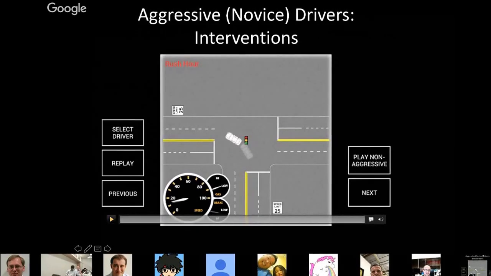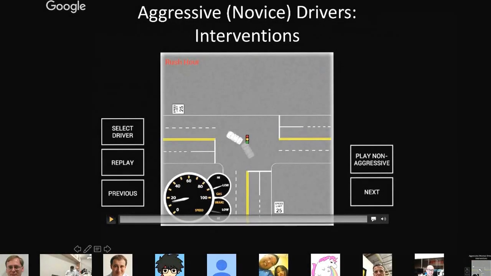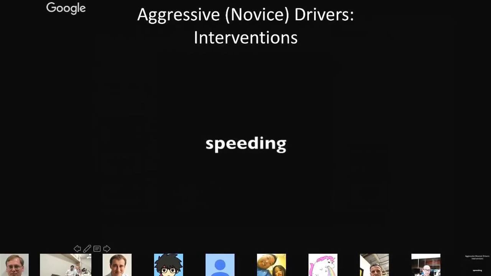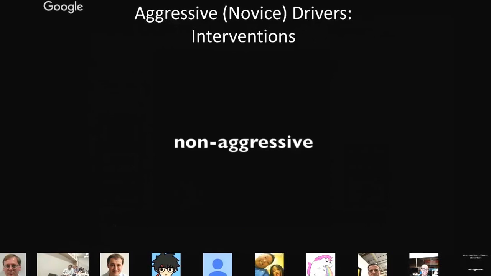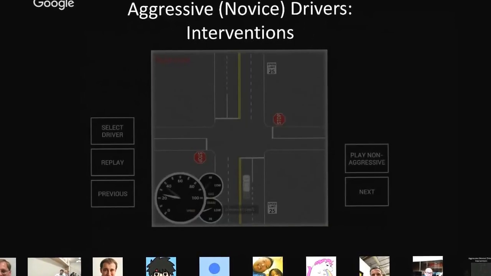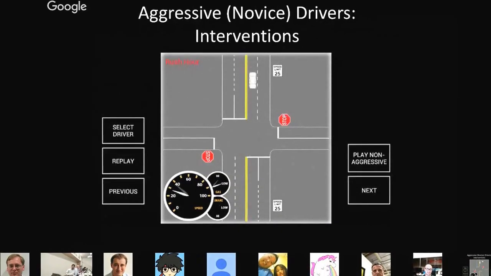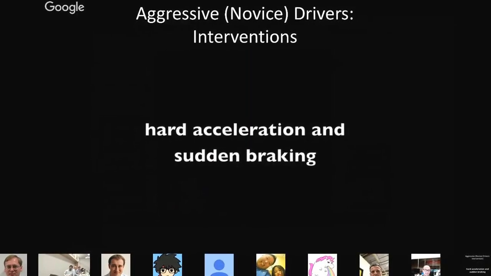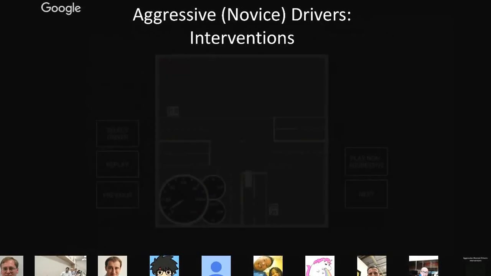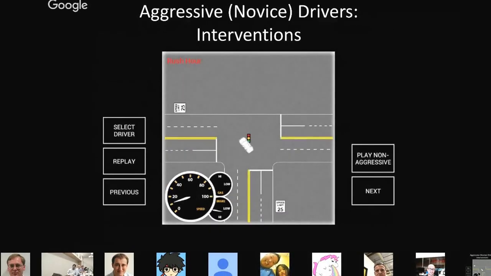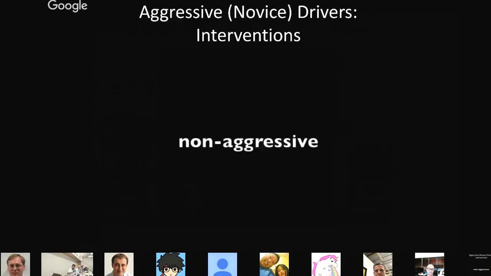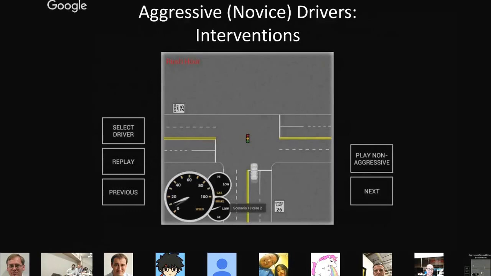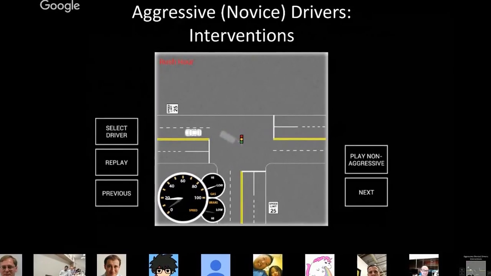We've applied this to, similar to what I mentioned before, aggressive and non-aggressive drivers. So here we can very quickly see this is an aggressive driver going through a particular intersection, speeding through, and then we can show them what a novice or a non-aggressive driver would do in that same instance, overlaid, to improve their process over time. Even if we've never seen a non-aggressive driver behave in that instance, again, we can learn from this class of people that we call non-aggressive drivers and put them in situations they've never been in before. So this is IoT in the connected car.